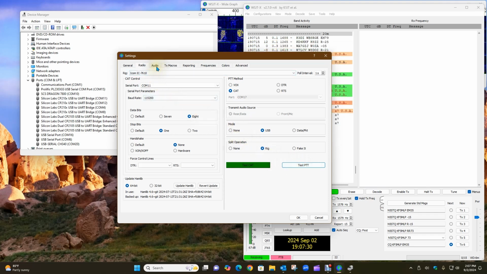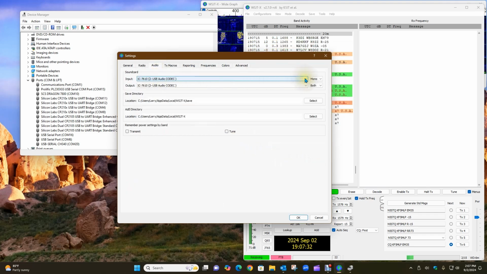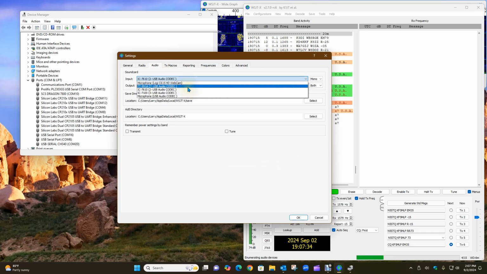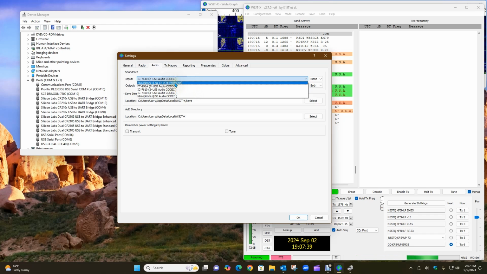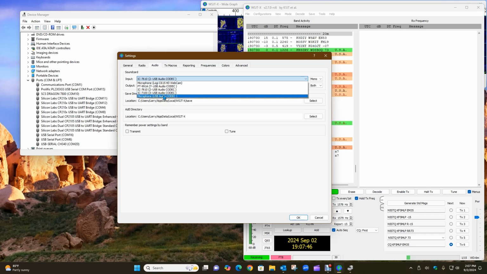And now I want to go over to audio. I want to pick out my audio. This is the microphone that I'm using at this time. There's a 991A, the 710, the 7100. Okay, and I know there's another radio, 991. Yeah, my 710 isn't on here, but I'm going to have to find that. I bet you a quarter this is my 710. I've got to trace it. One way you can trace it is by